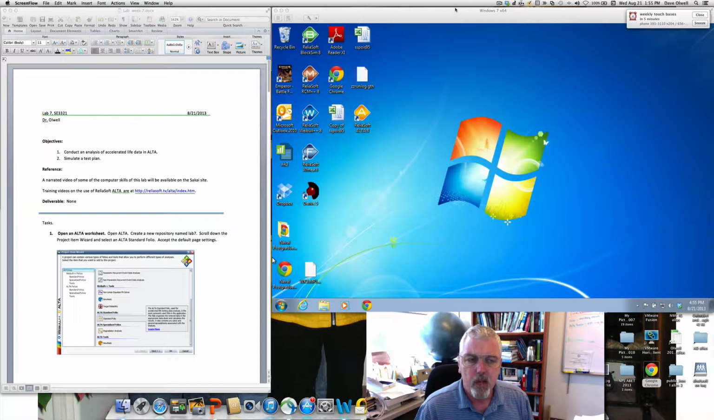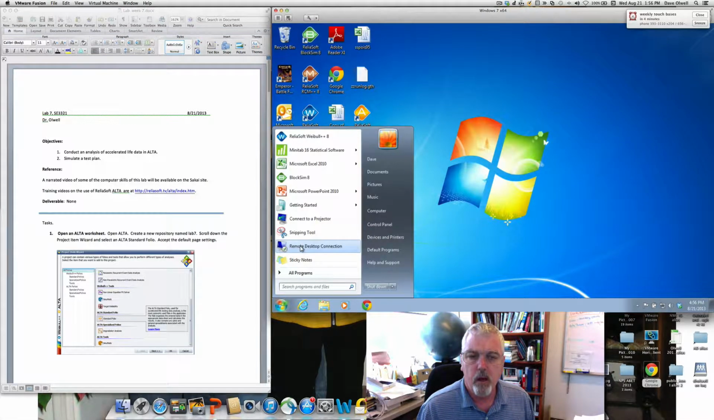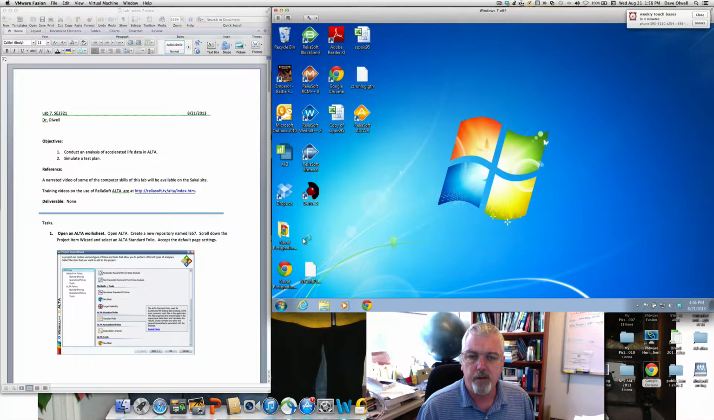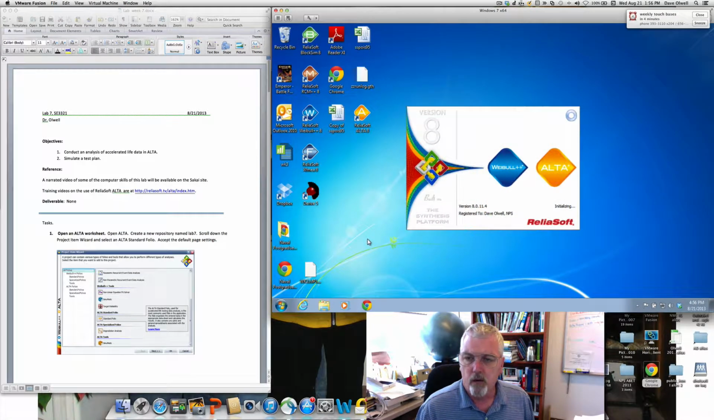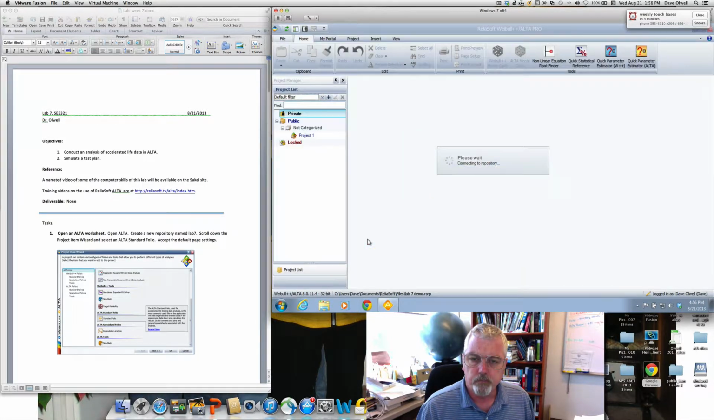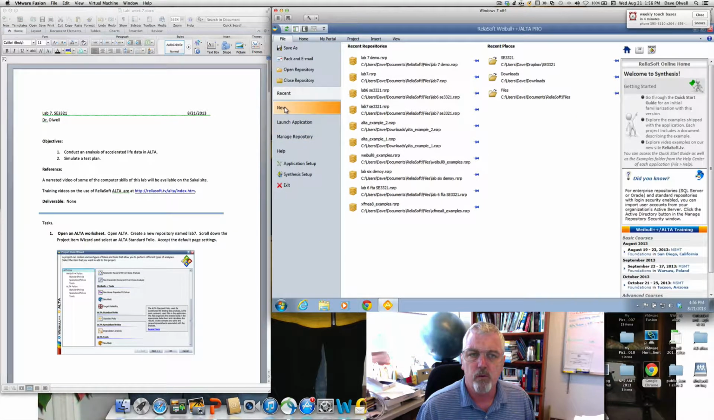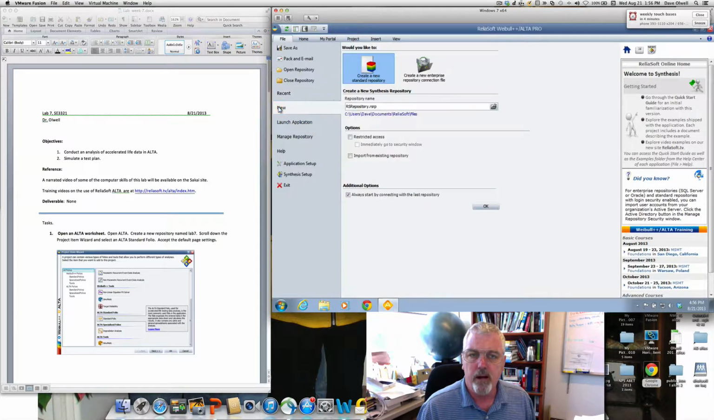Let's begin. To begin, we need to first open an ALTA worksheet. So from our window, we'll go to Programs, LiveSoft, ALTA 8, and it opens for us as you see in the screen here. Then I have to open a repository. I'm going to create a new repository by selecting the file, New Repository. I'm going to call this one